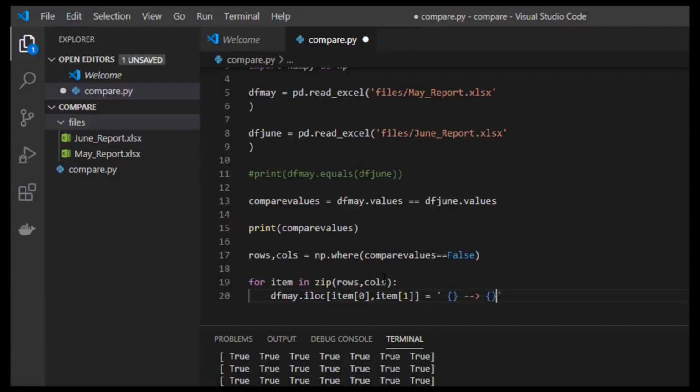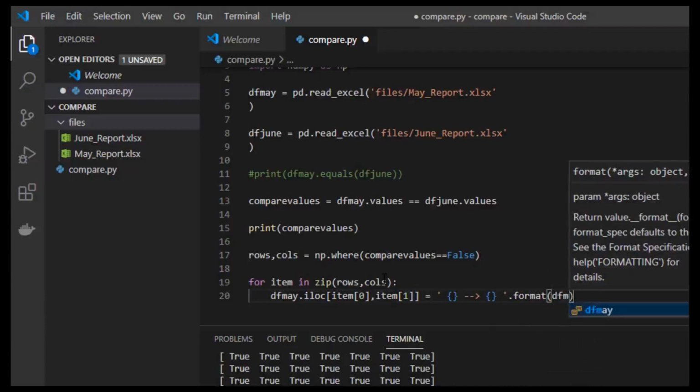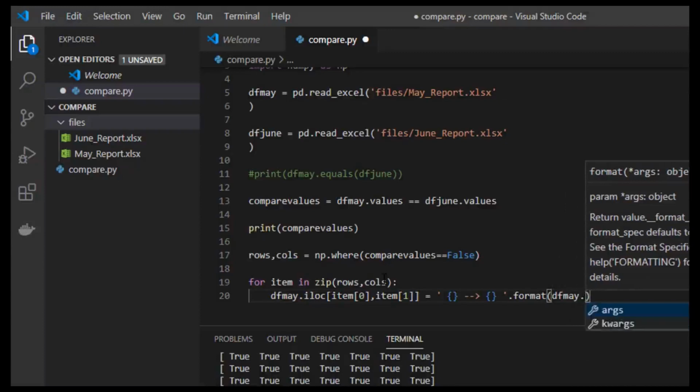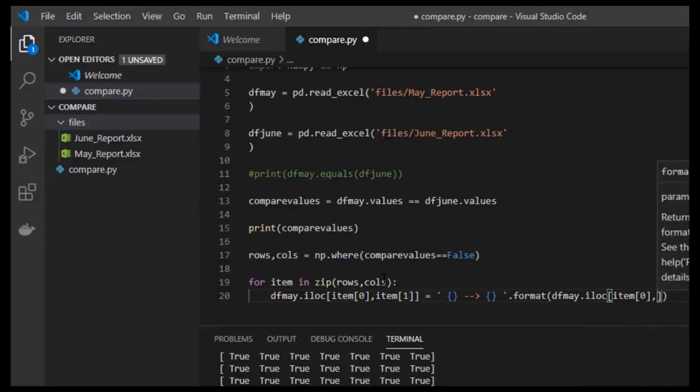You can put the values dot format of the values from data frame May and data frame June. Let me put that as df May dot location of item of 0, comma item of 1,